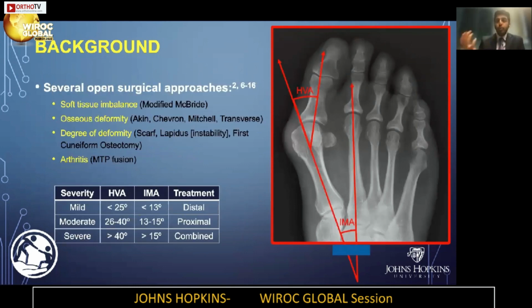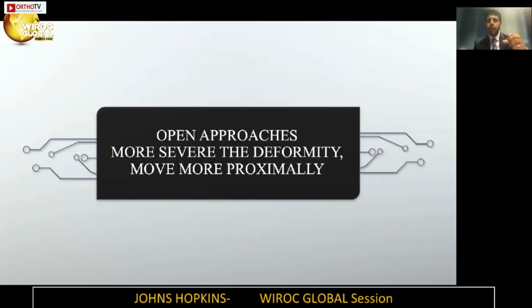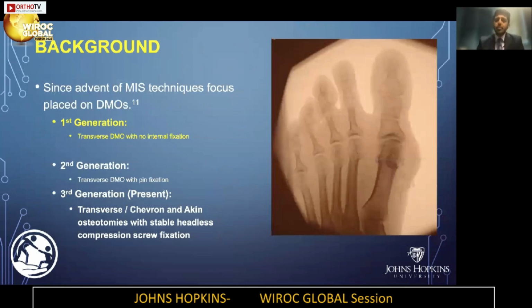There's multiple surgeries. If you type in bunion correction into Dr. Google, you'll find that there's a zillion ways to skin a cat, so to speak, and that involves bony correction, soft tissue correction, just a handful of ways to actually address this. As the deformity gets more severe, we usually have to move towards the mid portion of the back of the foot in order to address how severe the deformity is in actuality. And because more severe deformities may require bigger incisions and the like, there's been